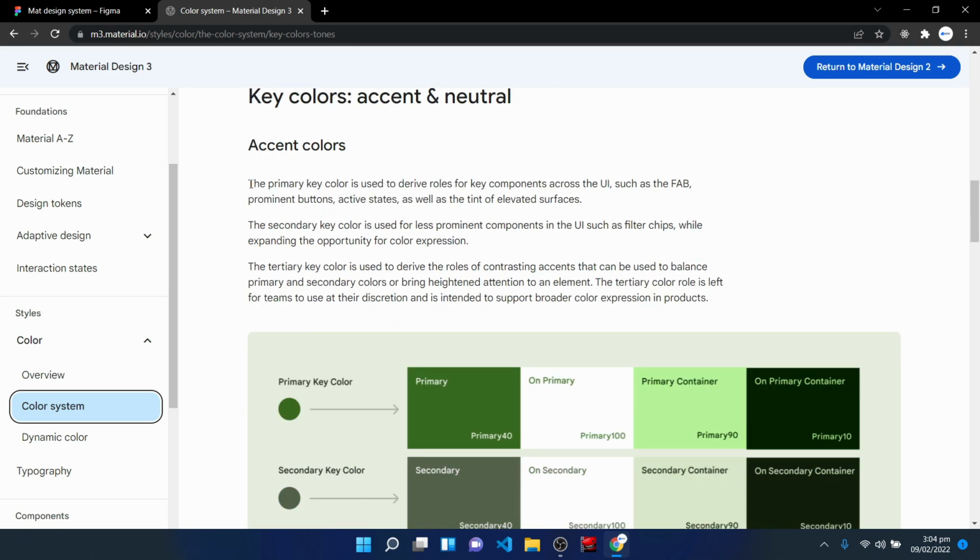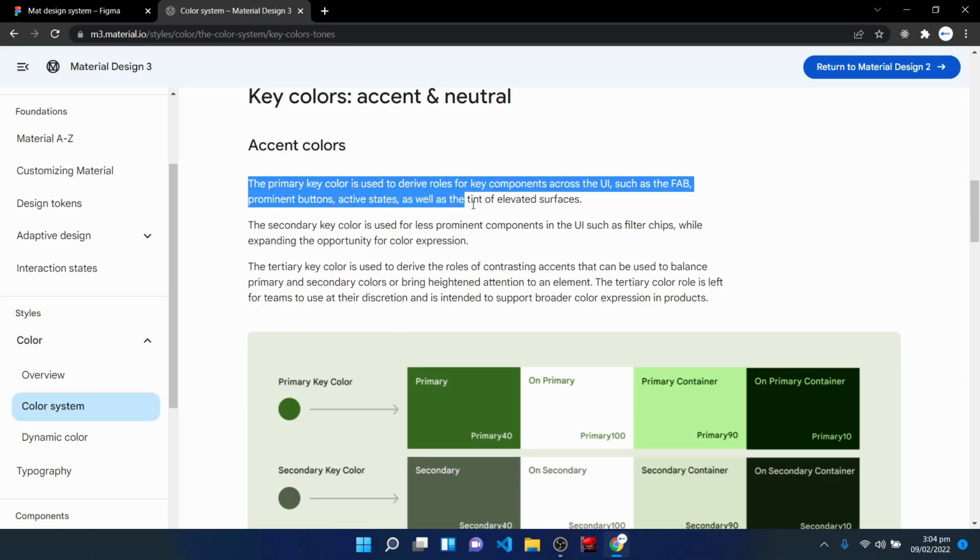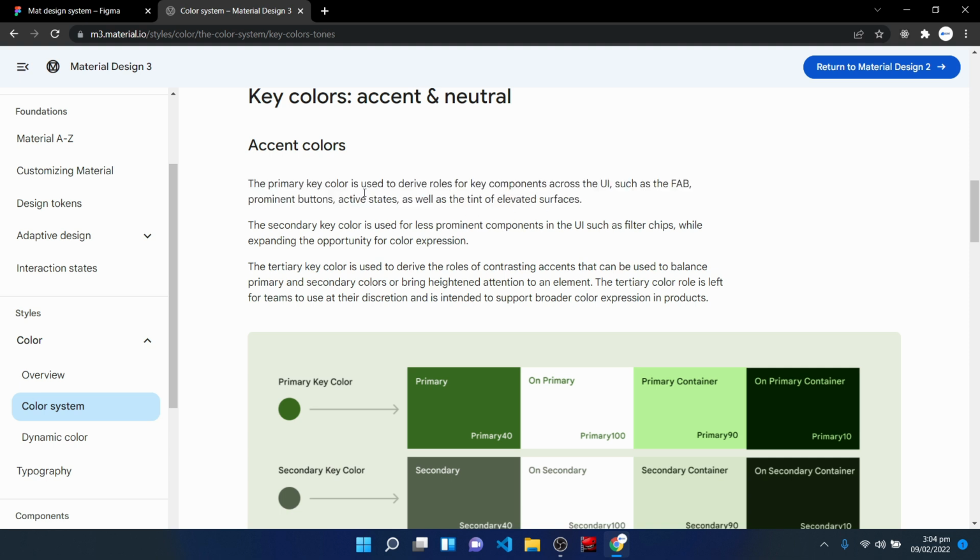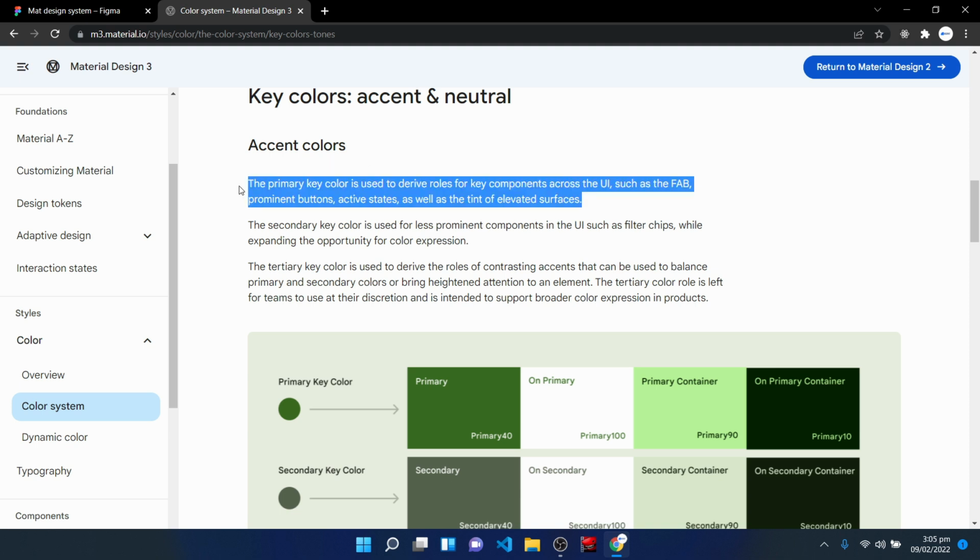So over here, you can see what material design says about the primary key color. It says the primary key color is used to derive roles for key components across the user interface, such as the floating action button, prominent buttons, active state, as well as the tint of elevated surfaces. Now, in summary, just know that the primary key color will be used to generate colors for the most important